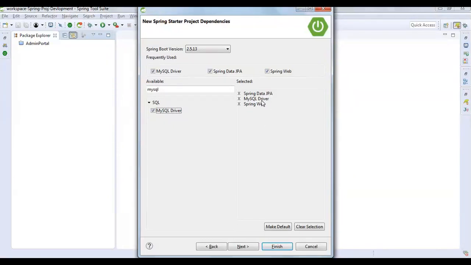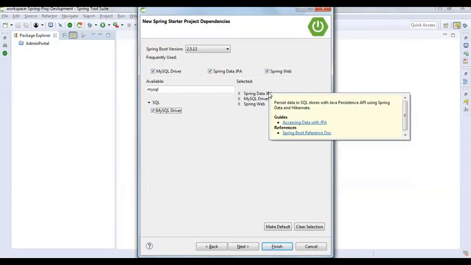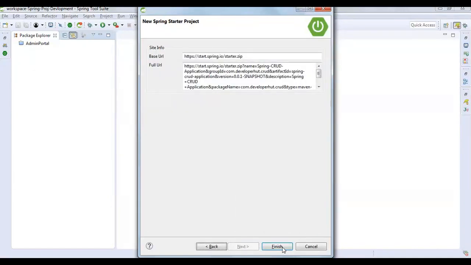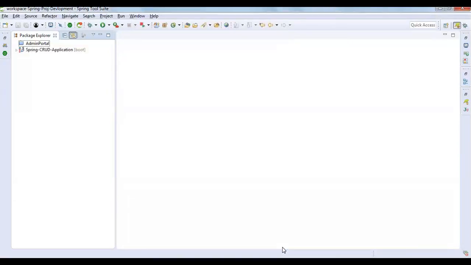Then next is the MySQL driver dependency, right? As you are using a MySQL database, we need to include the MySQL driver dependency. And last but not the least is Spring Data JPA, right? Whatever database-related operations I am going to perform using Spring MVC, for that we will require the Spring Data JPA dependency. Okay, so these are the configurations. Now you can click on Next and then click on Finish. So once you click on Finish, your project gets created, and your Eclipse will start downloading the required dependencies,